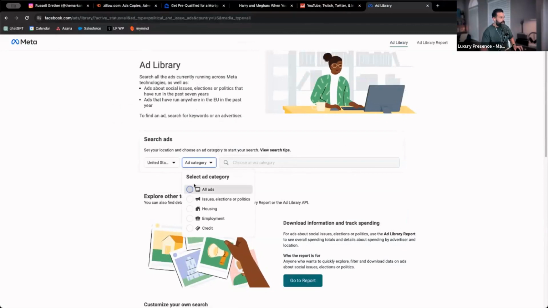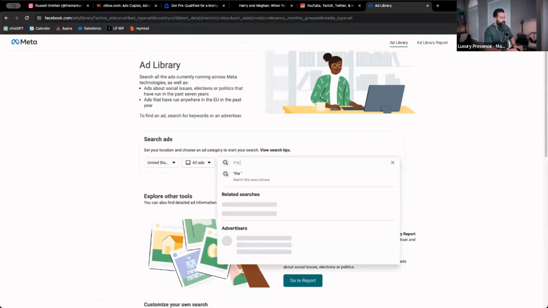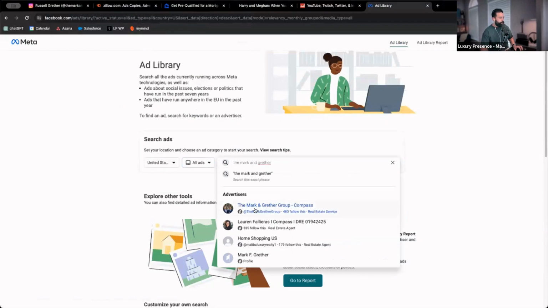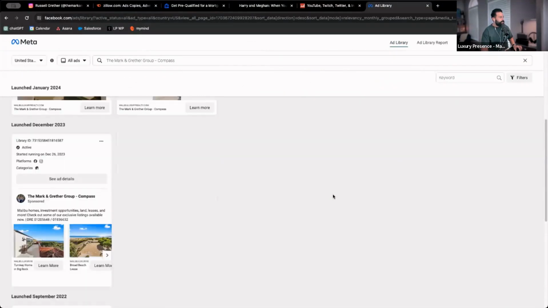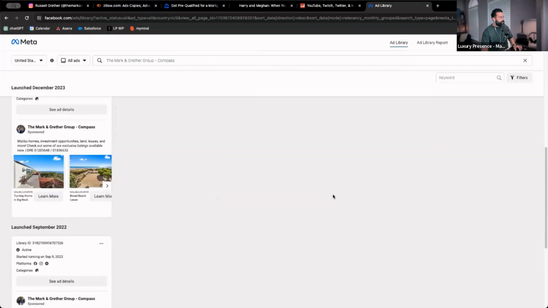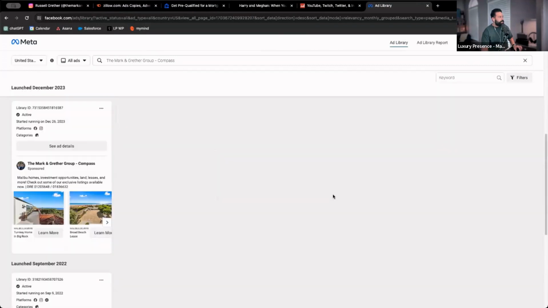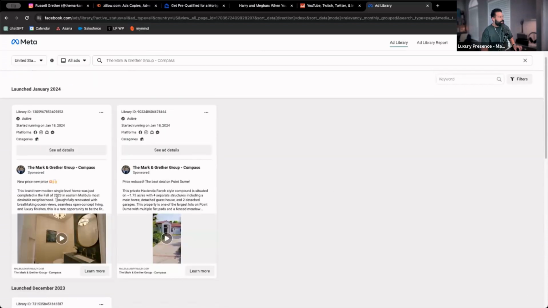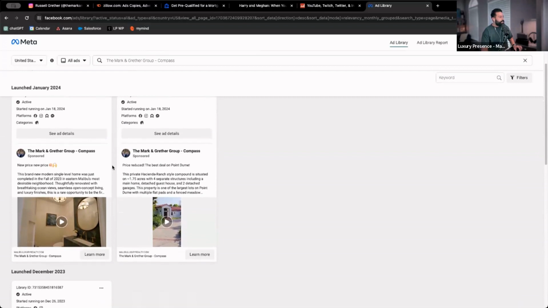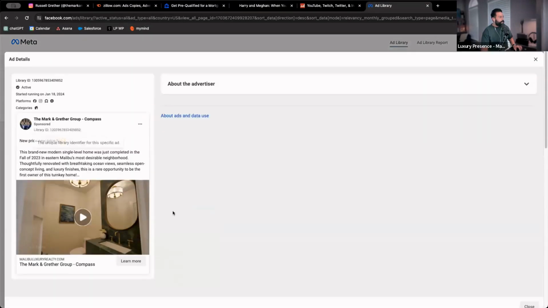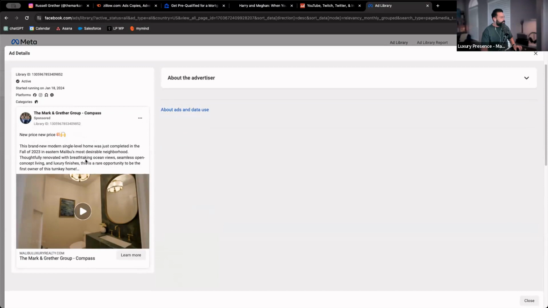Ad category, all ads, the Mark and Greta group. There you go. And let's see if they're running any ads. There we go. They've got a couple of ads running, a few ads. So you can see exactly what they're running. You can see exactly the content they're using, the words they're using. You can even see if they've got a form attached. See details. So this will take them